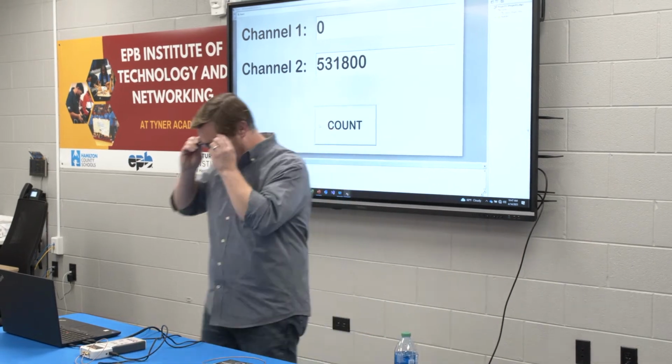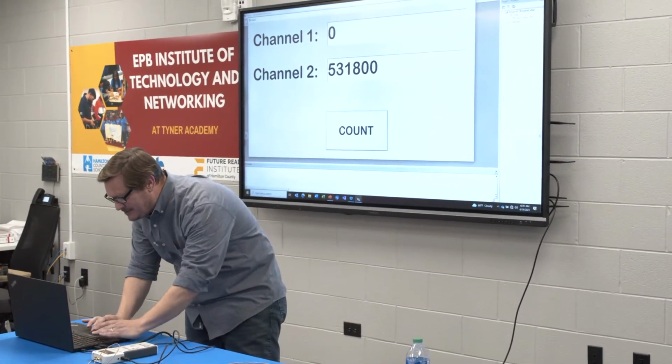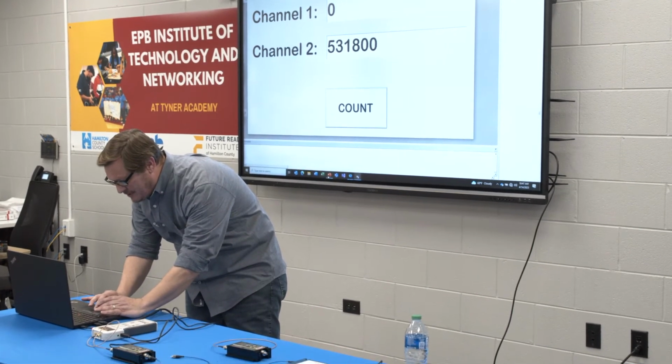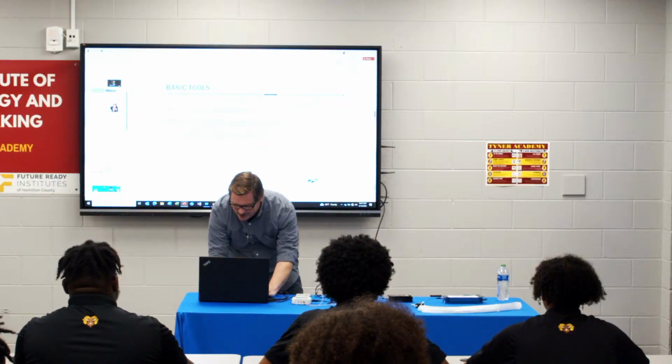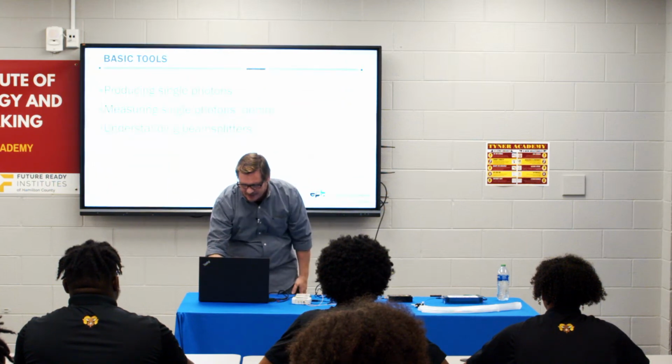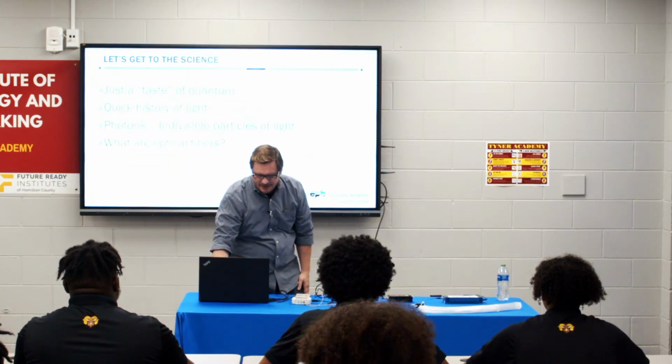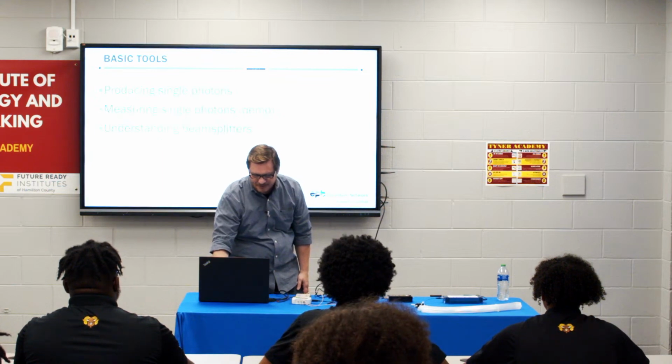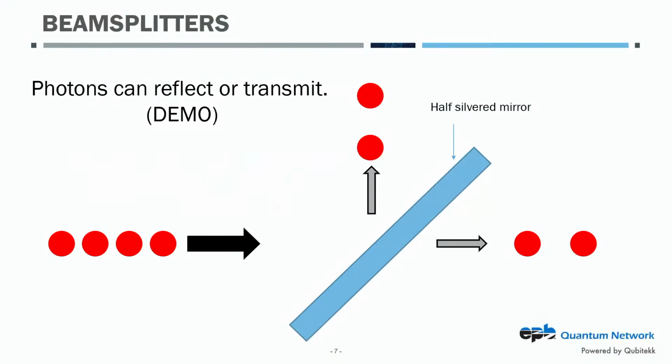But just detecting single photons isn't necessarily the most fun thing to do, or the most interesting. We have to push that a little bit through some other optics. And so we need to talk a little bit about beam splitters. There are lots of optical tools and components used in quantum computers and quantum networks. But at the end of the day, when you really break them down, the individual devices are fairly simple. One of them is a beam splitter.